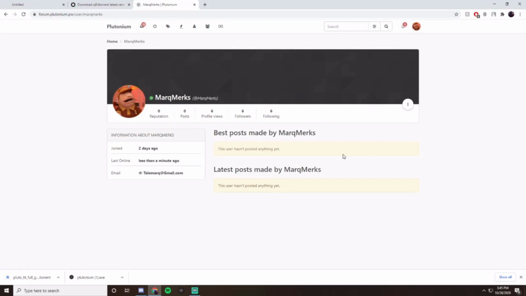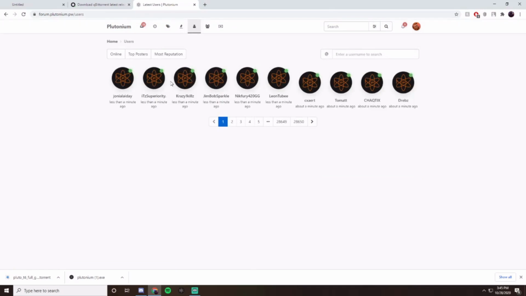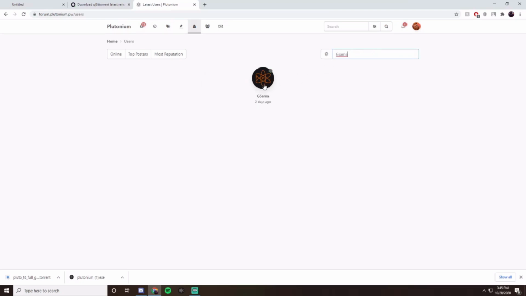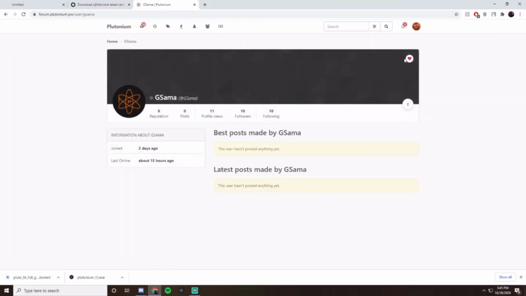So once you're here, to add friends and whatnot, this is your username. It's the same way Twitter would use its handle. The @ is your username, and then what you'll do is you click users. Now I've already got a couple people added, so I'm gonna use my friend Grip as an example. His is G Sama. So I'll just type in his name, and I'll click